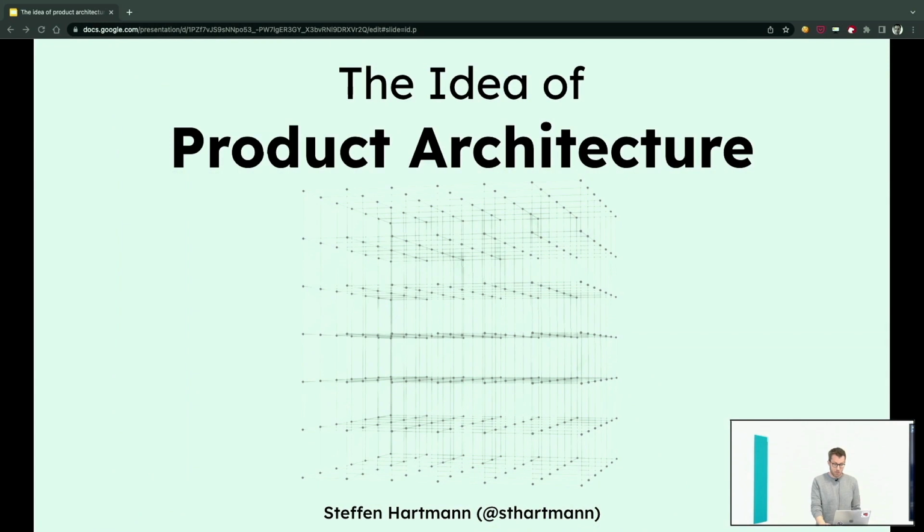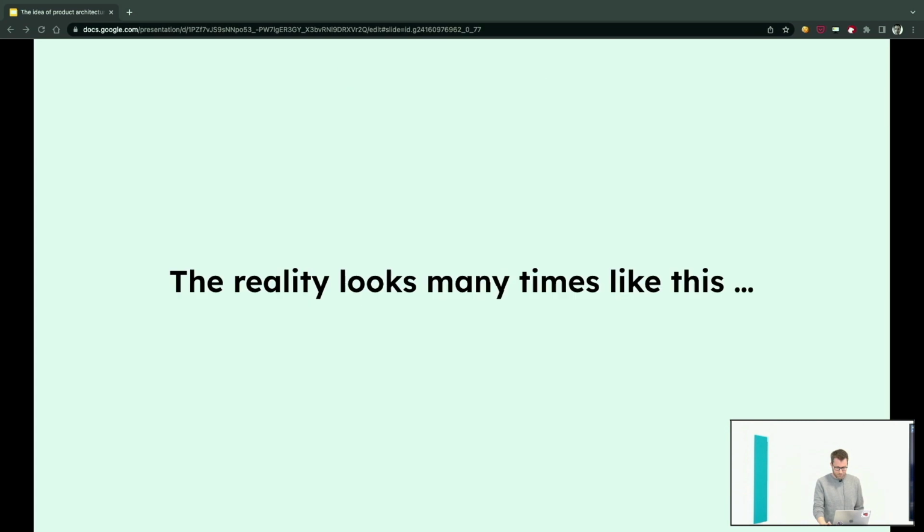This talk is about product architecture. So this is an idea because there's a lot of talking about software and technology and business, but there's something in between. That's the product. And many times the product is a little bit overlooked because people talk a lot about products, but what is a product and what is it about to develop products and software products? And this is the first talk about this one, the idea of product architecture.